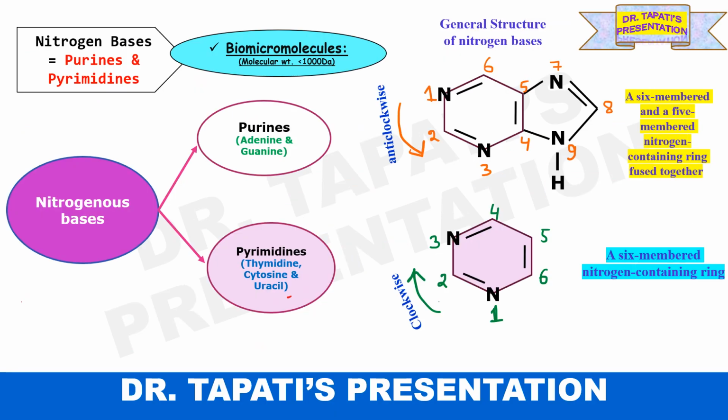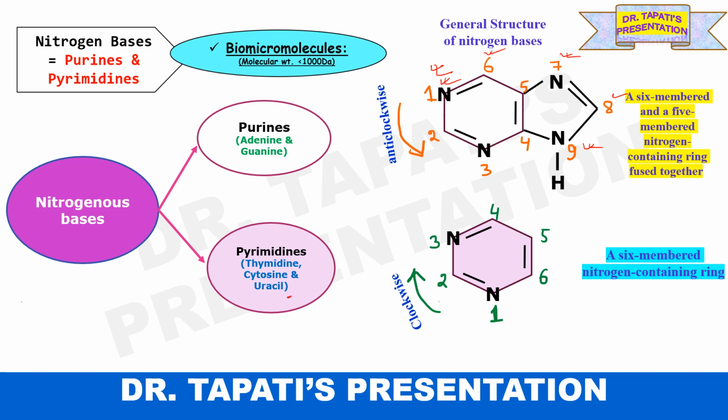In case of purines, a 6-membered ring and a 5-membered nitrogen containing ring are fused together, and they are numbered in anti-clockwise manner. So in this picture also you can see the numbering starts with this nitrogen, and anti-clockwise the numbering is done 1, 2, 3, 4, 5 and 6, and then again the 7th number is there in the 5-membered nitrogen containing ring. So this is 7, then 8, then 9, and in this way total 9 elements are present in